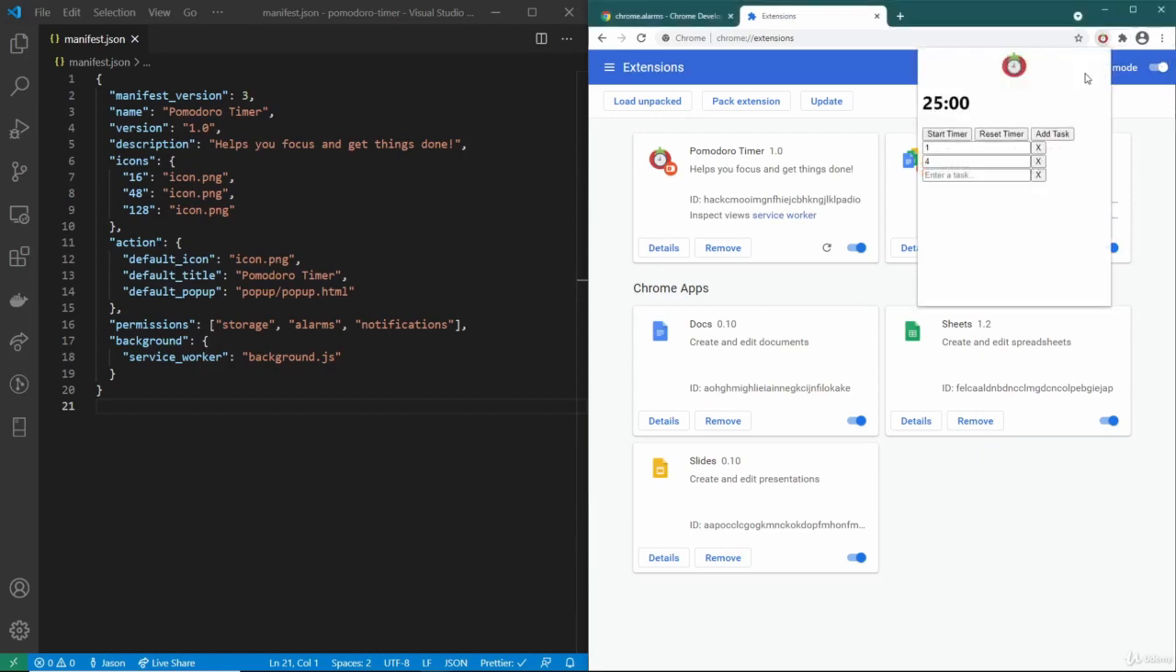All right, so our Chrome extension is starting to look really good. Our basic functionality is basically in place. We can start the timer, we can pause the timer, we can reset it, add a bunch of tasks, delete a task, reset the timer. Everything we need for our Pomodoro timer is in place, except for the styling at this